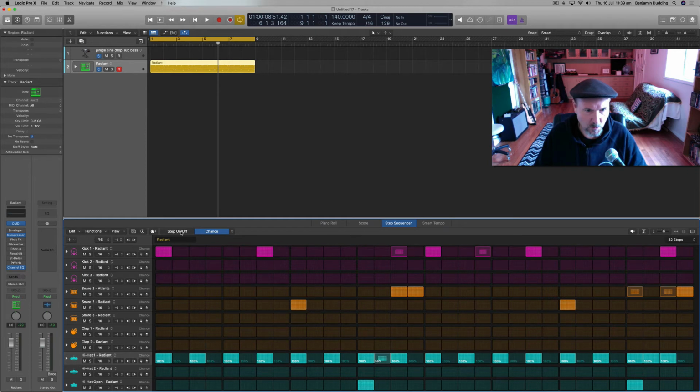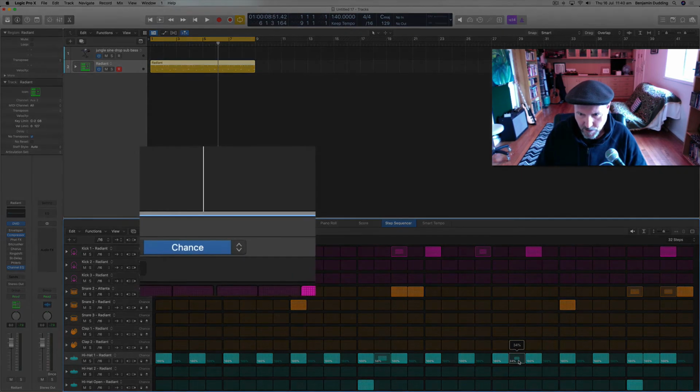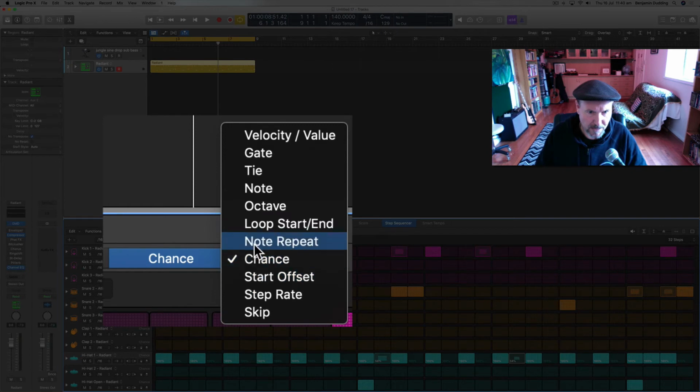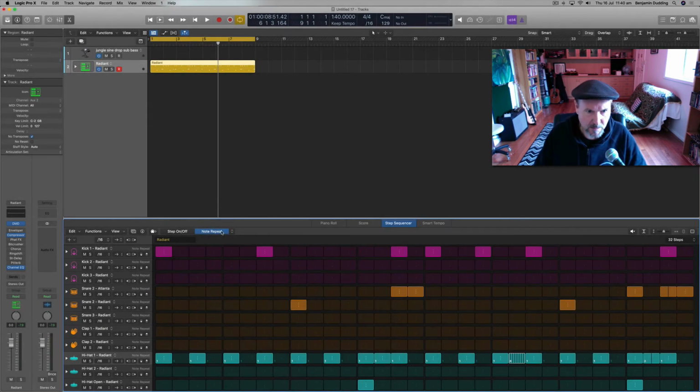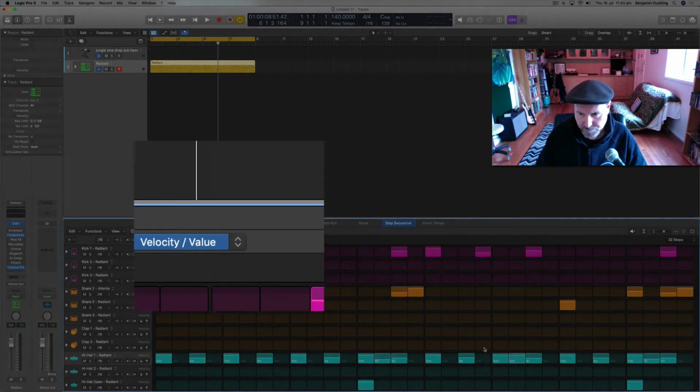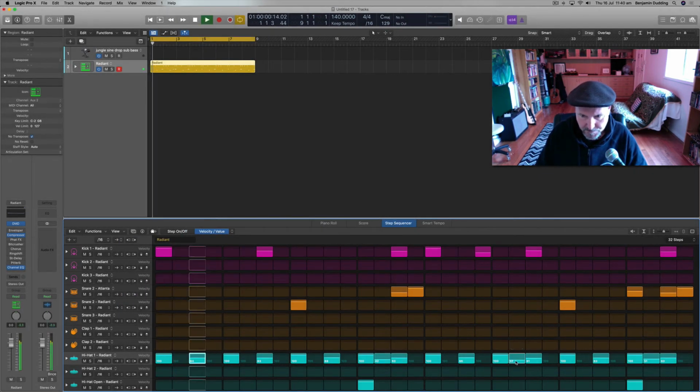Now maybe I'll even put in some more notes here. Let's see if we can just put in some ones here. I'm just going a bit random here, and maybe I will make a really fast little fill here, do a note repeat so it's going really fast, kind of glitchy, and I'll maybe bring that velocity right down. So it's pretty subtle. It's only going to trigger sometimes. There we go. Cool. So as you can see, that's adding a little bit more variety here to our drum